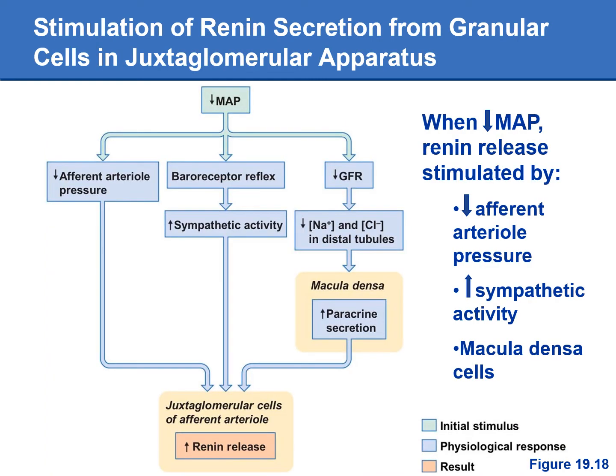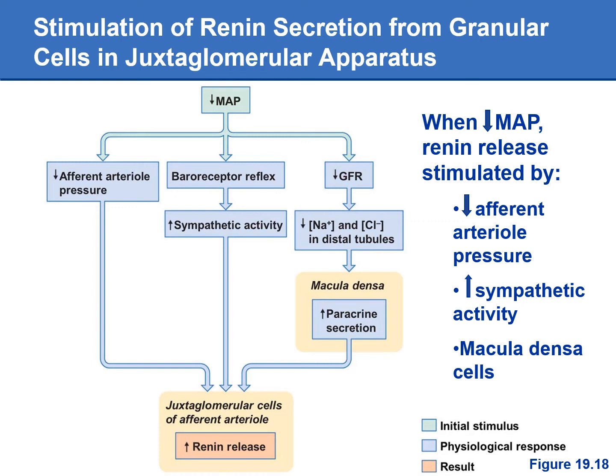Now we're going to take a look at the RAS system, and this all starts with renin. Renin is going to be released from the granular cells, which are part of the juxtaglomerular apparatus. And remember, these granular cells are wrapped around the afferent arteriole of the nephron. So what stimulates renin to be released is when the blood pressure drops. When the blood pressure drops, the afferent arteriole that these granular cells are wrapped around is not stretched as much, and so that will trigger them to release the renin, which will increase the blood pressure